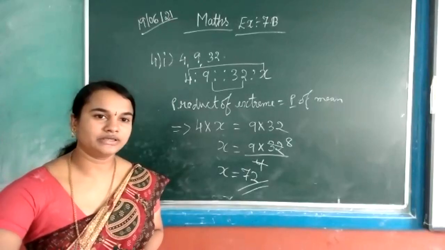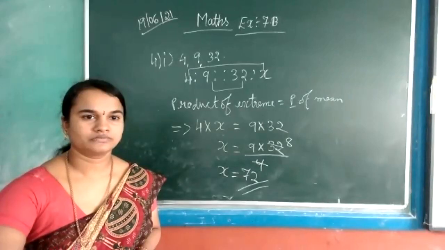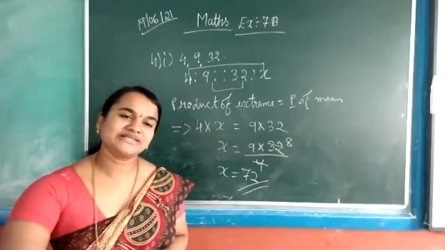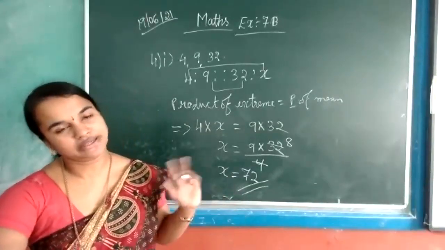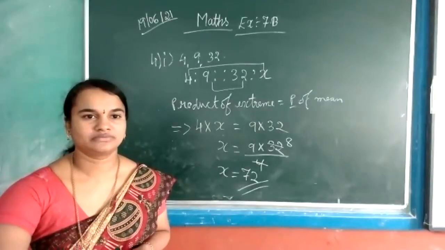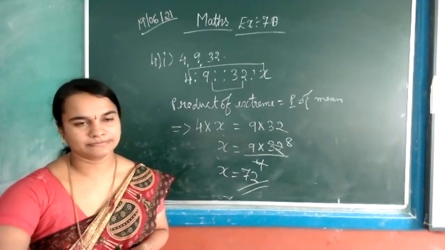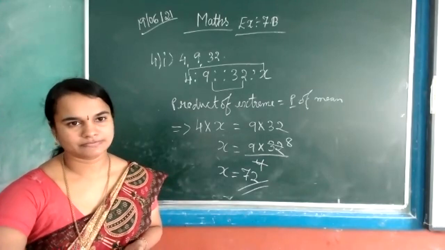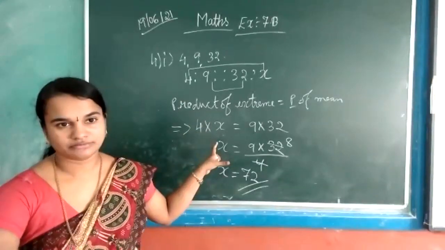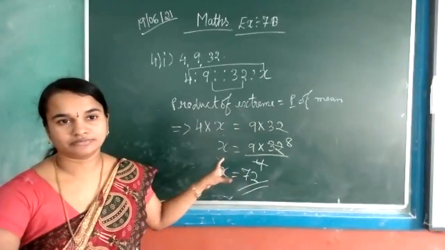What's your doubt here? Ma'am, can we do it in another way? Surabhi, this silly question again? I told you 3 or 4 times that you can follow any one method. Ma'am, I'm saying all the numbers are proportional, so they are equivalent also. So 4 into 8 is 32, so 9 into 8 is 72. We can find the answer like that. A method should be there, not mental calculation. You have to show the method here. Okay, ma'am.